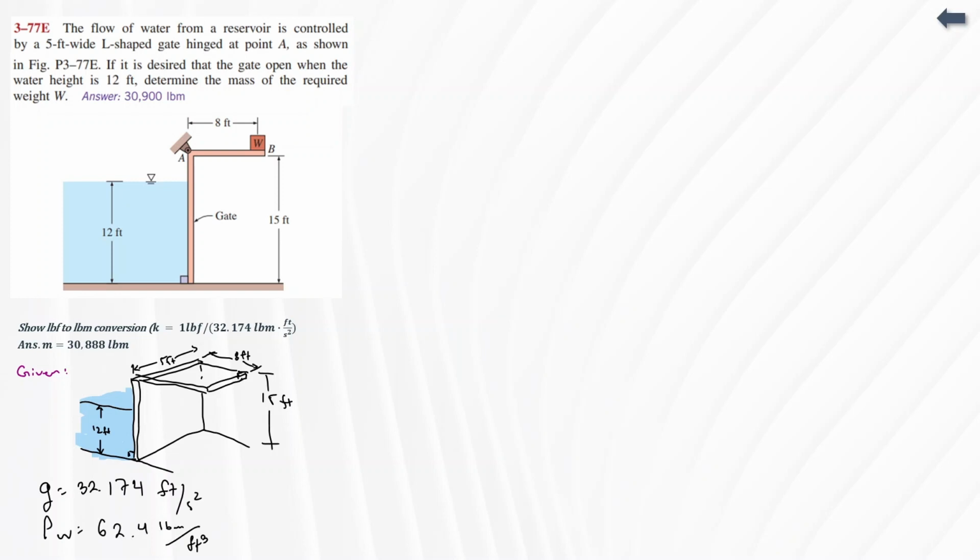So we assume yung G natin dito as 32.174 feet per second squared, and density of water from 1,000 kilogram per meter cube, now we're going to use 62.4 pound mass per feet cube. Remember, density to. So that's going to be mass over volume. So 62.4 pound mass per feet cube. And we're here to find the mass at point B. So, ang solution natin,